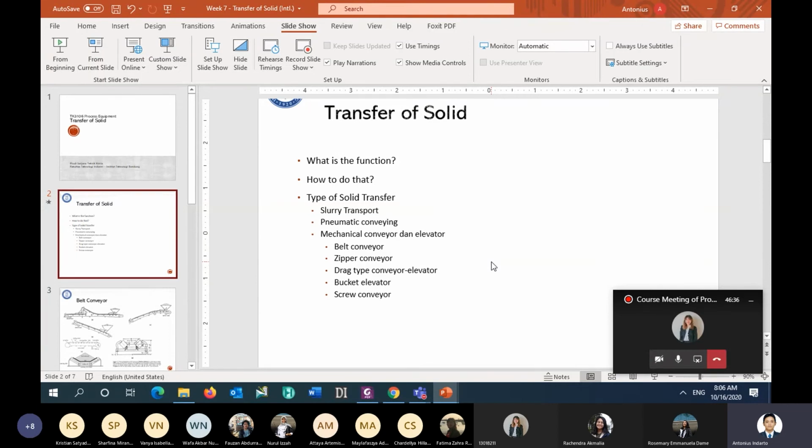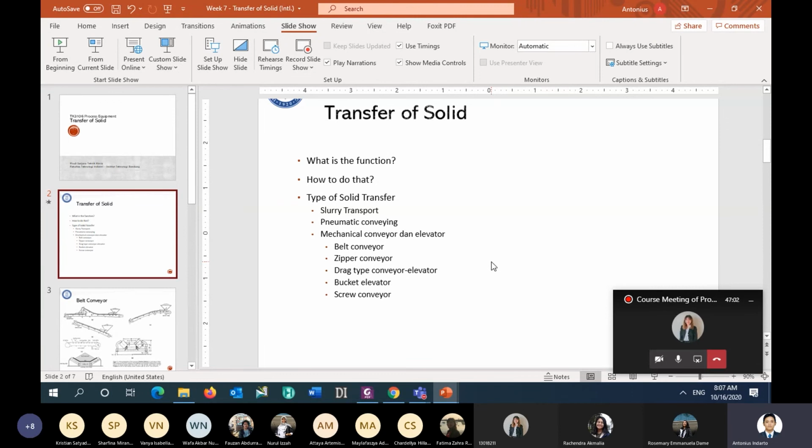So we can already cancel this option when the distribution of the solid particle dimension is not homogeneous. Now, when we have the homogeneous form, how about if the size is quite big?